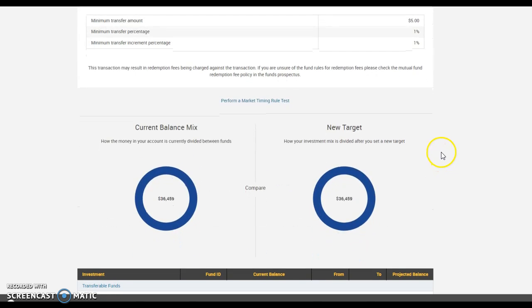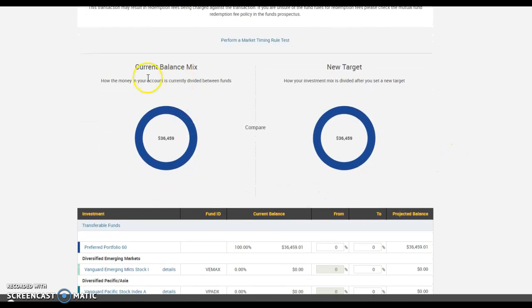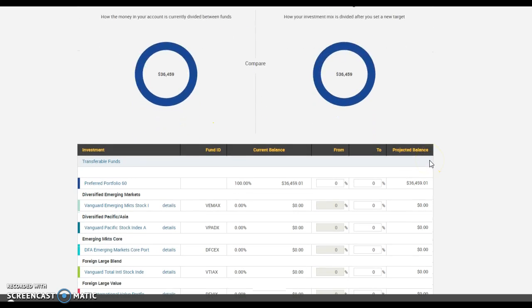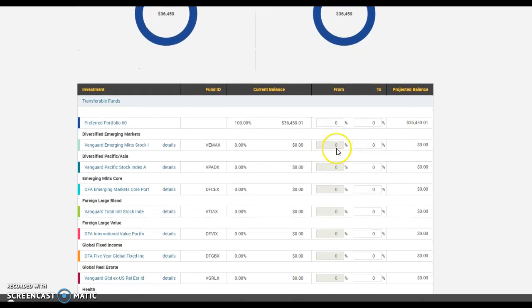That's the easiest, and as you can see, we have a current balance mix of 100% in the preferred portfolio 60 fund, which is the default investment. So let's just say we want to pick 4 funds, and we want to go 100% from,